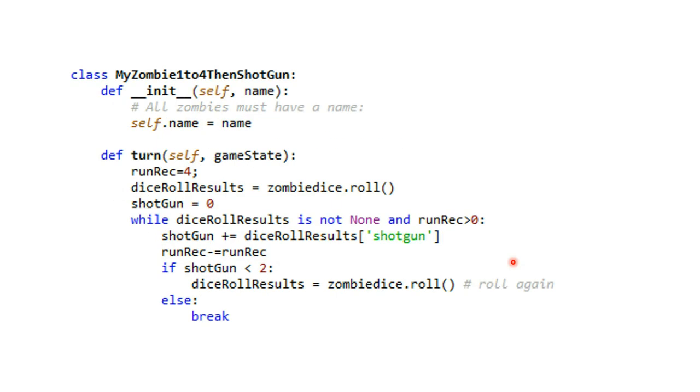Then it's 1 to 4. The person who has pre-decided first wanted to go and play 4 rounds. But if he sees 2 shotguns, he'll stop. Well, that's the code for it. Basically, we have to return a value. You can go from 1 to 4 or 4 to 1, okay. So yeah, he will see if the round count is greater than 0, and after every round he will decrement the count. He will see it here. If the shotguns are under his radar, he will roll again, otherwise he will break.